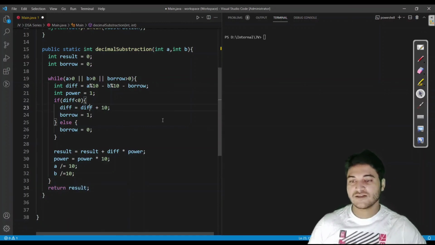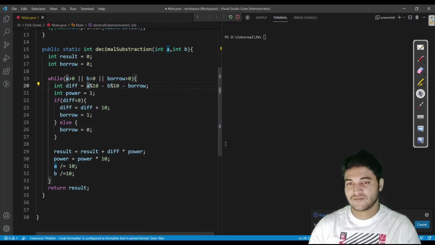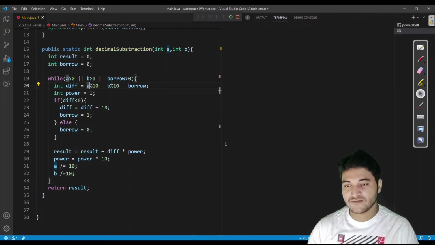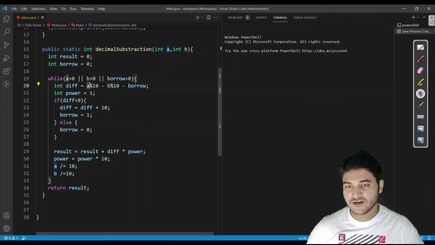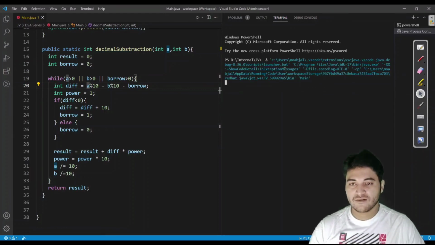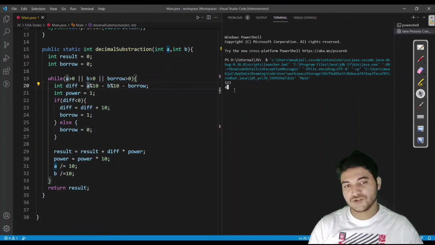Fine. So let us see whether our program is going to work or not. I am directly going to run this. I hope this should work, because we have written everything. Okay, so 1 is carry, then it would subtract. Yeah, it is fine from my side, because in each iteration we have to subtract the borrow also. So I am entering 1 2 3 4. So what should we get? 119.